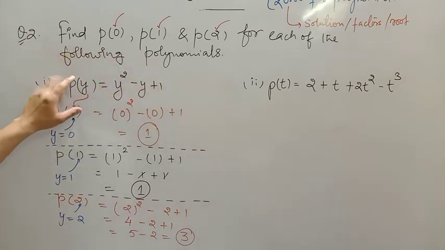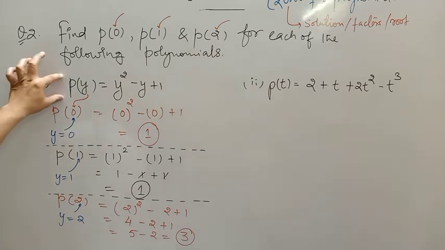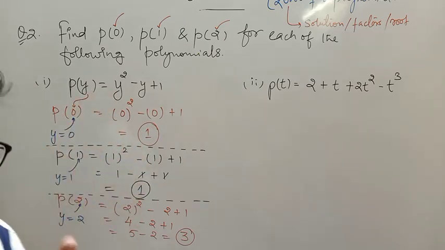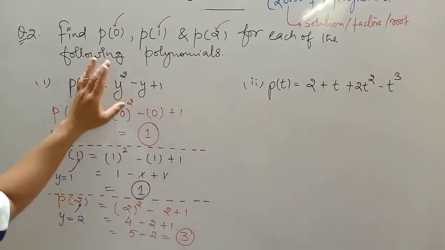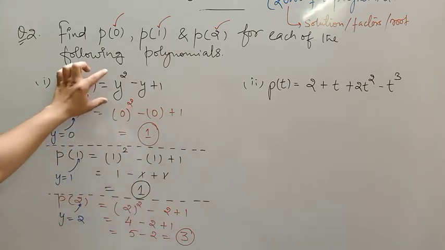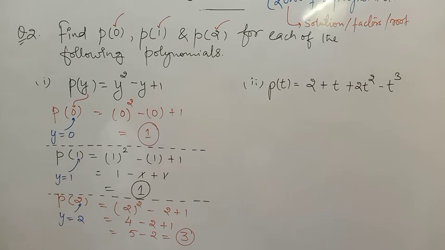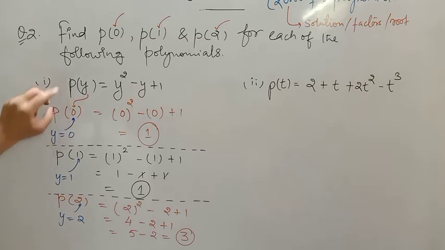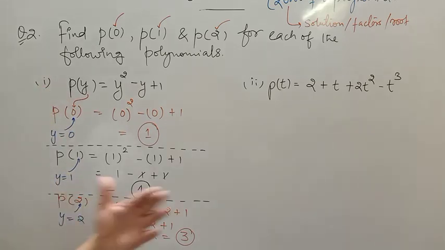This is a quadratic polynomial, or you can say an algebraic expression or a polynomial in one variable, because you have only one variable y. You don't have any other variable like x or t in this expression. That's why this is a polynomial in one variable. Why am I saying this is a variable? Because the value of this variable is changing, is varying. First the value of y is 0, then it becomes 1, then 2, and so on. The value of y can be changed or varied, and this will lead to different answers. Please note it down fast.